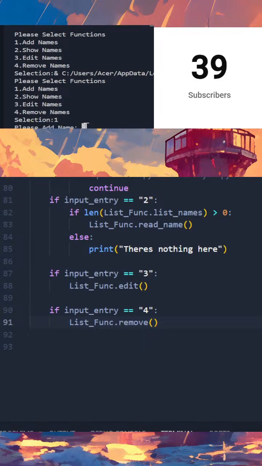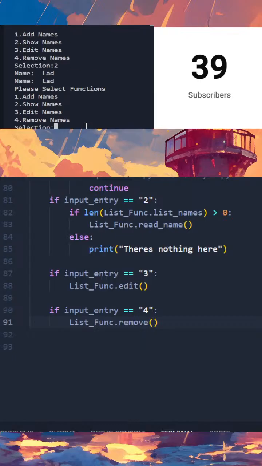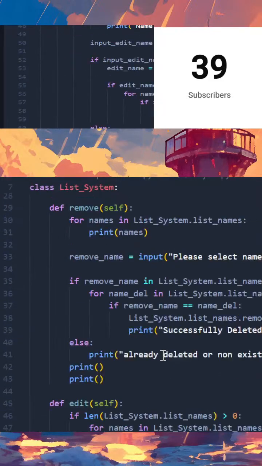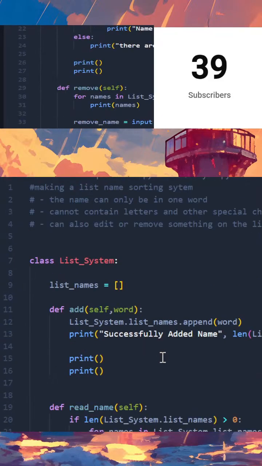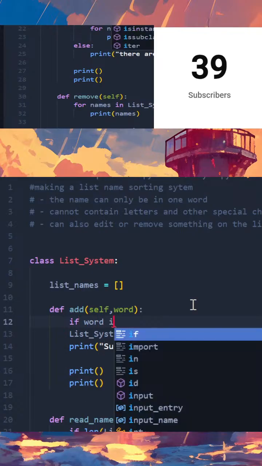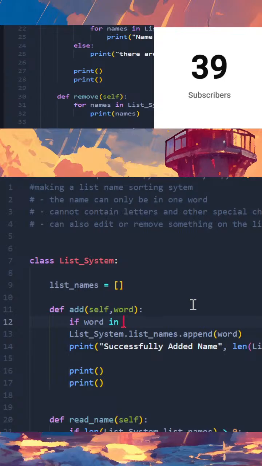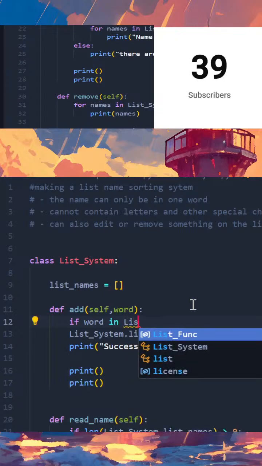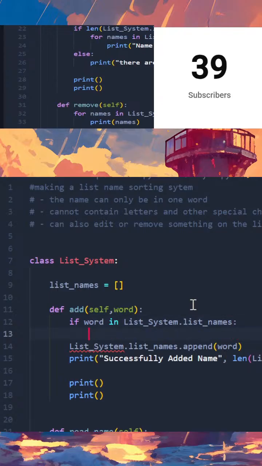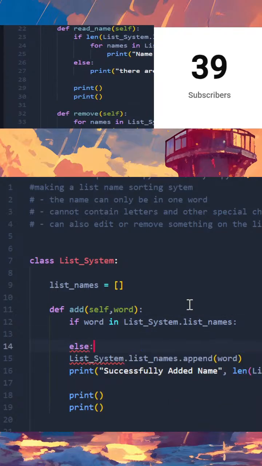So add and then show that name. But there's the thing though, before you add things in is if you can add a name. So yeah, if word in list names, so list names, but else, so for example like that,